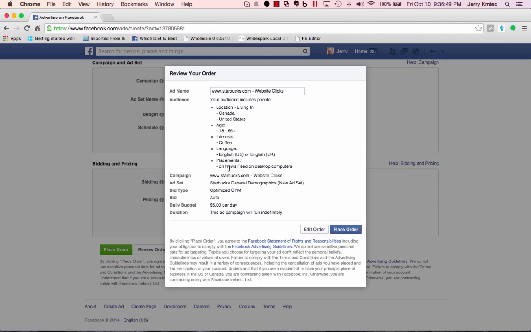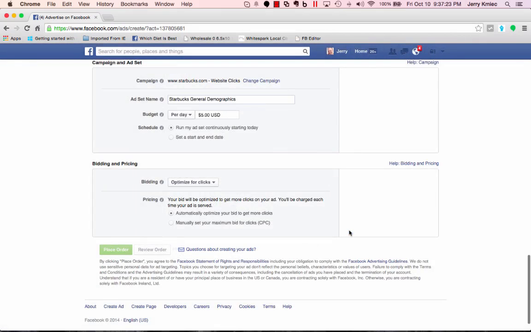And this is a news feed ad, and it's going to be sending to our example website here of starbucks.com with an optimized CPM, meaning cost per 1,000 impressions. That's what that CPM stands for. So every 1,000 impressions, this is how much it's going to cost you. And you're going to let Facebook automatically optimize that based upon your budget of $5 a day. You'll never go over $5 a day, and they try to space your ads out far enough through the day so it uses it evenly through the day. And then we're going to simply click on place order,